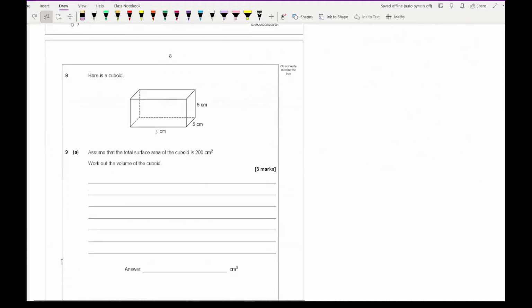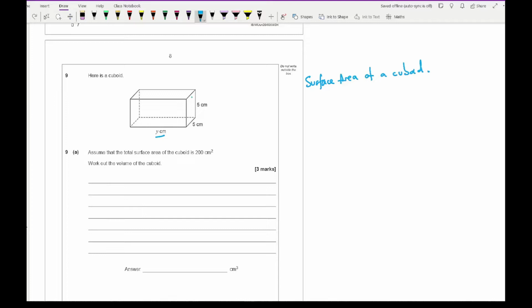Moving on to question 9, it says here is a cuboid. Assume that the surface area of the cuboid is 200 centimeters squared. Work out the volume of the cuboid. So for this, what we need to do is first of all work out what y is. Now in terms of the surface area of a cuboid,